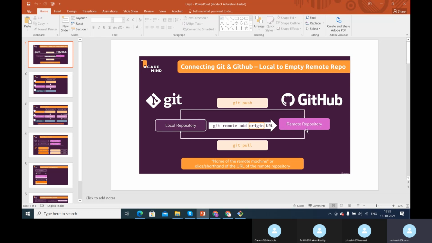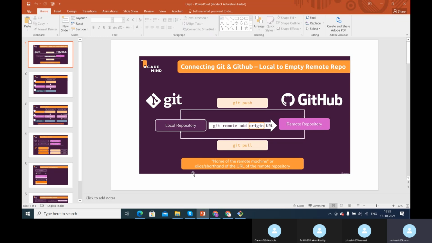If I want those files to be on the local repository, then I have to use git pull. So this is all about the basic things to push data to a remote repository and to pull data from the remote repository to the local repository. So this is all about connecting GitHub to Git.